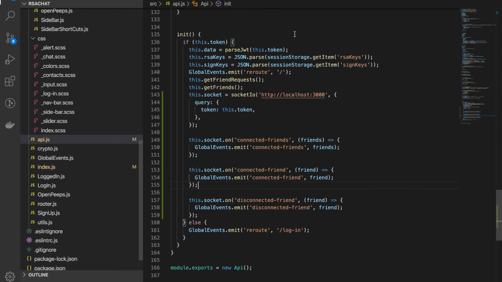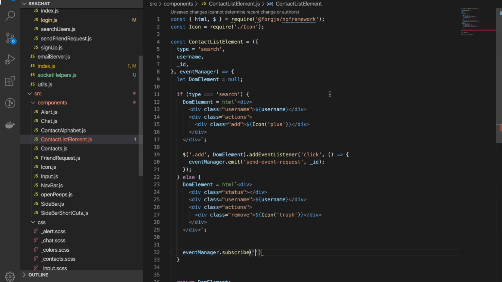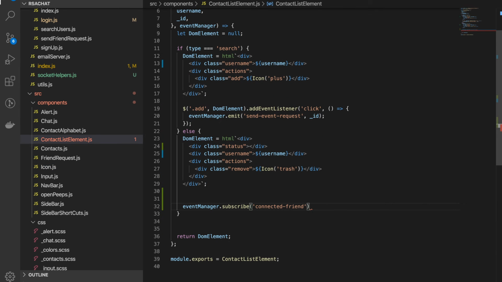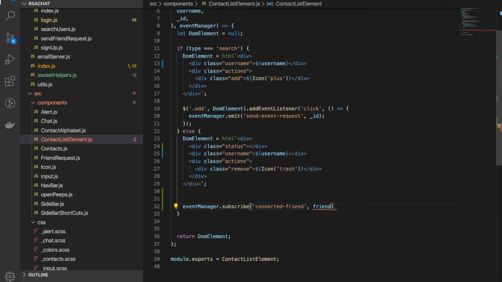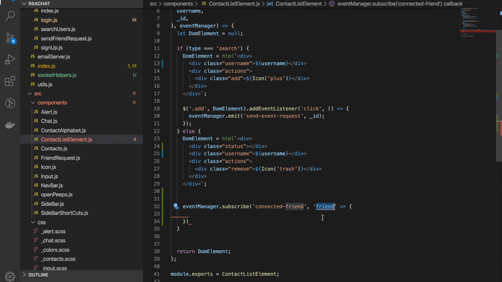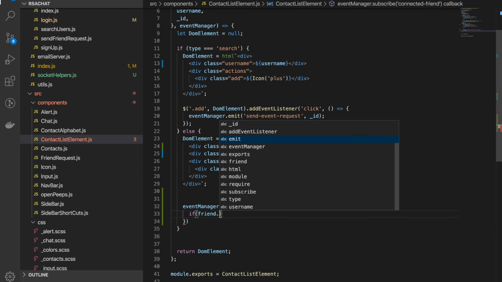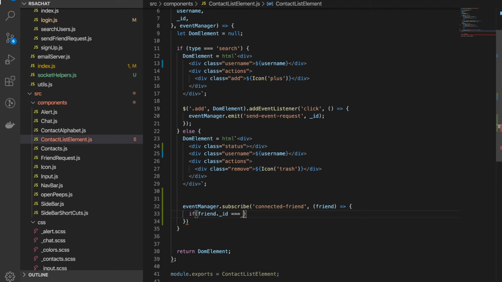So connected friend and connected friends. So I'm gonna, friend, so I get the friend, and I'm just gonna say if friend.id equals id